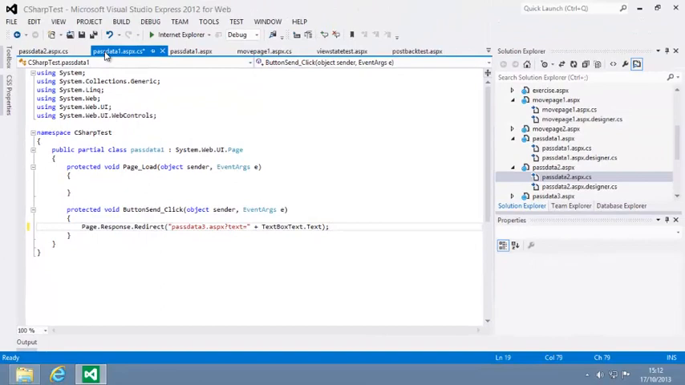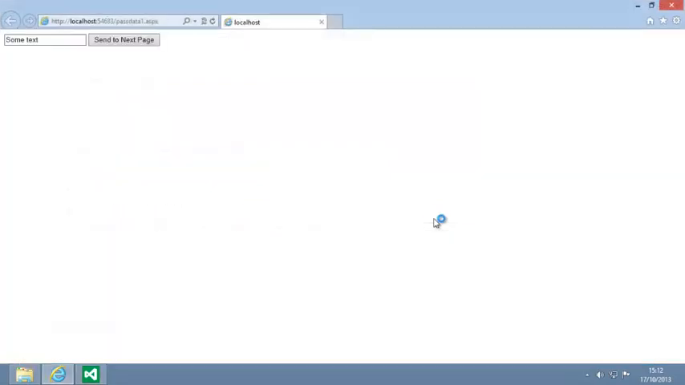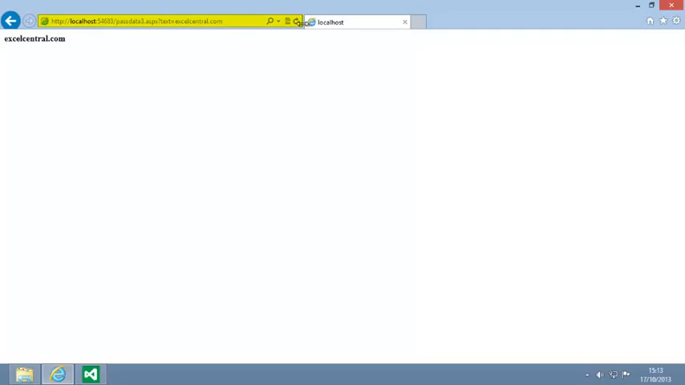Now view passdata1.aspx in your web browser. Once again, change the text in the text box if you wish, and click Send to Next Page. Passdata3.aspx retrieves the text that you entered and displays it. If you look in the address bar of your browser, you can see how the text was sent to passdata3.aspx. Now close your browser